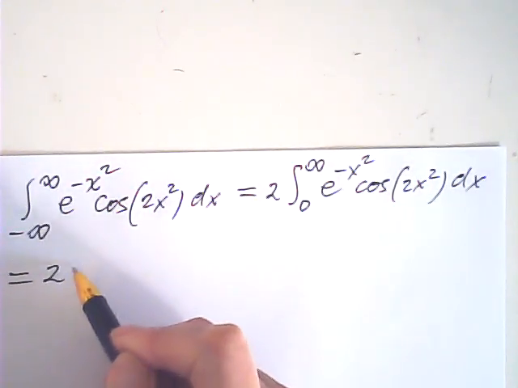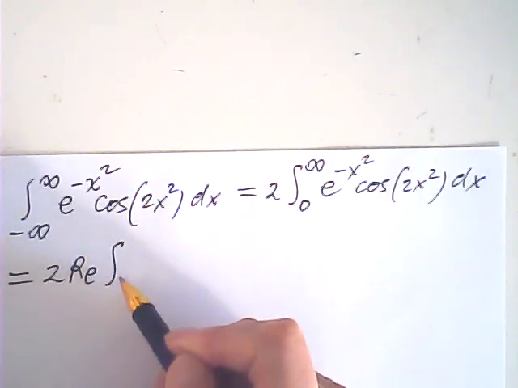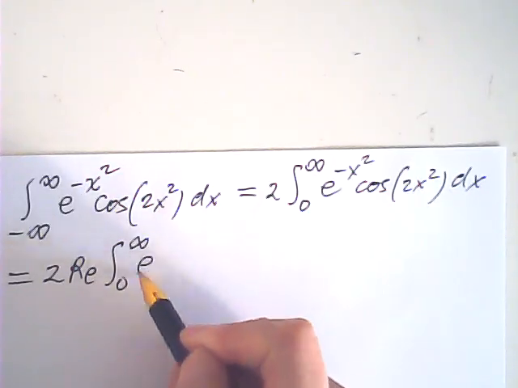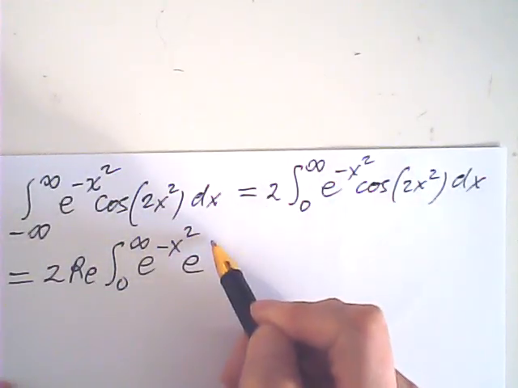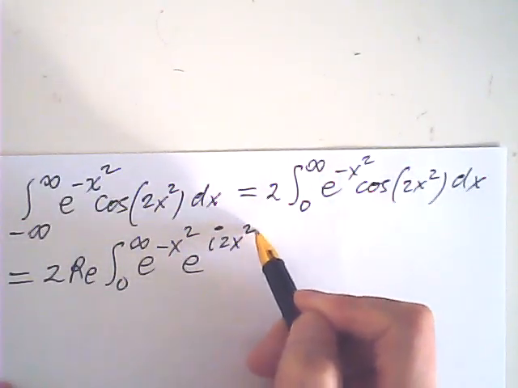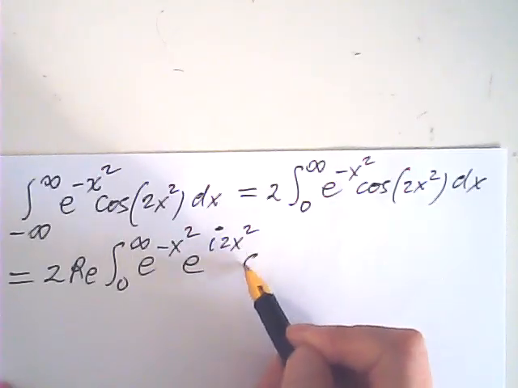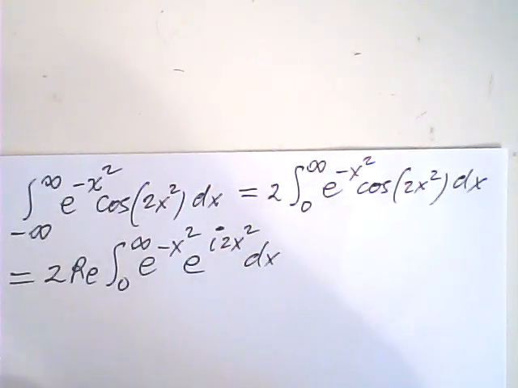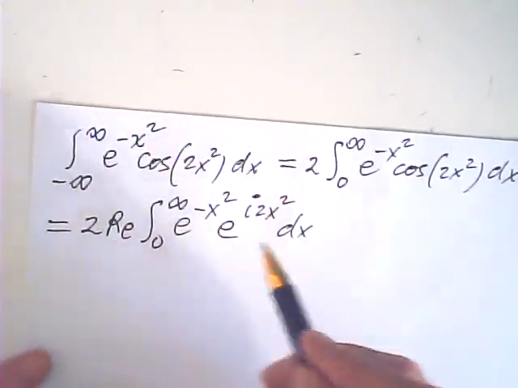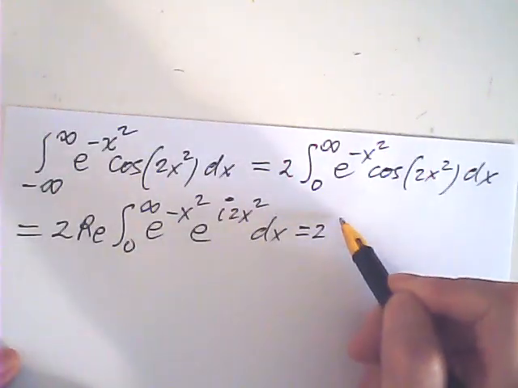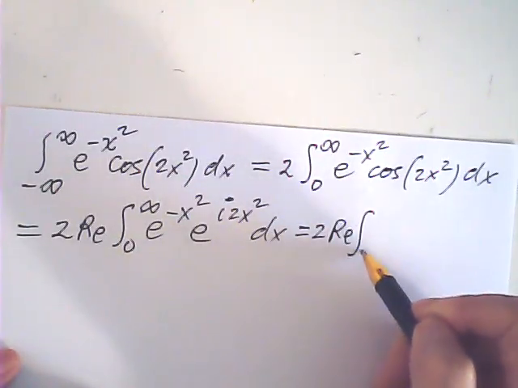That is the real part of e to the x squared and e to the 2x squared dx. Yeah, very good. Now I can combine them, right? Combine these two, they become